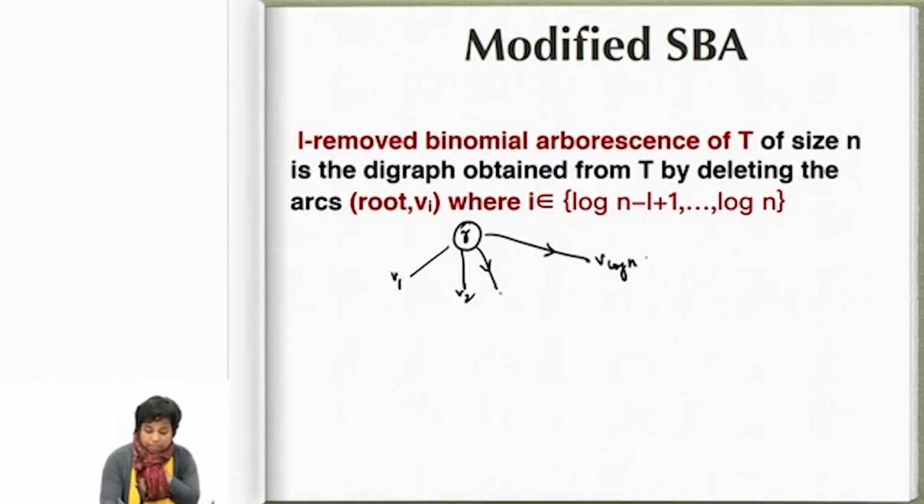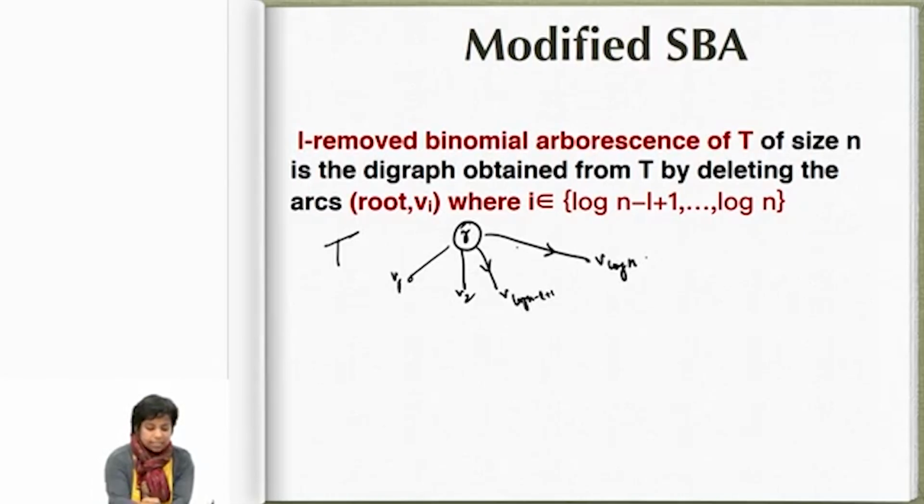So they have been arranged in the order of the smallest subtree to the largest subtree. This is a subtree of size 1, V2 has a subtree of size 2 and so on, and this last one has a subtree of size n by 2. So that's the thing. Now this L removed arborescence with respect to this SBA is one where